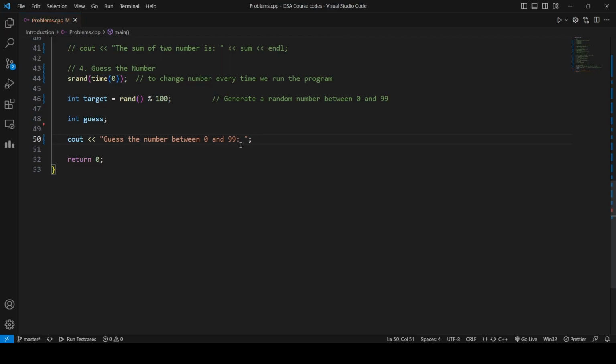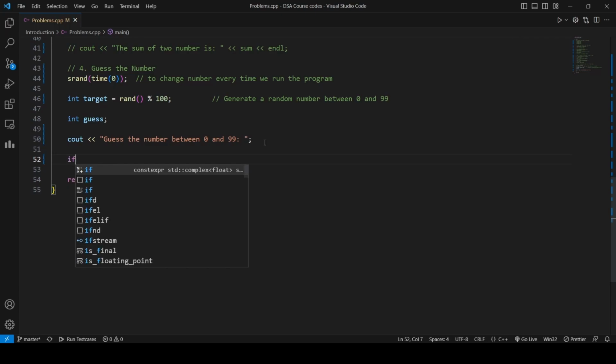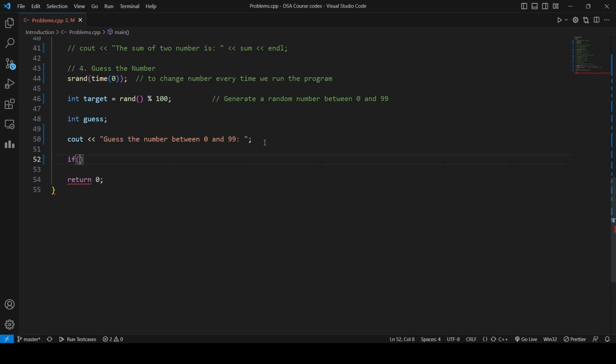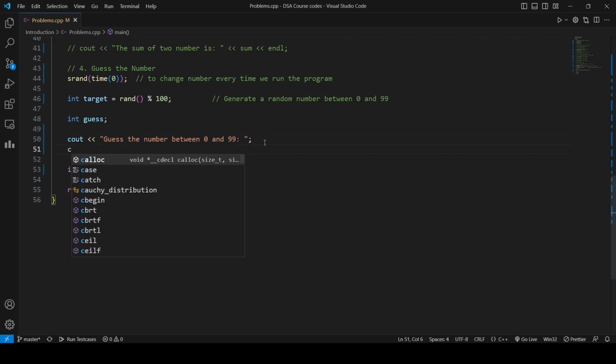So this prompt will be seen by the user, and the user will select a number between 0 and 99. And here we will use the conditions, and in the next video I will teach you what is a conditional statement and how to use all these statements. If you know a little about C++, then I guess you know these conditional statements. So I will check if the user input number which I stored in guess. Here I forgot to take the number,